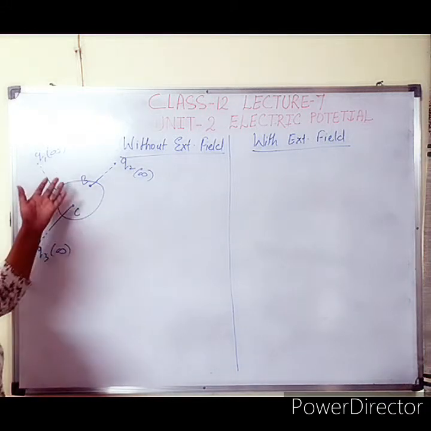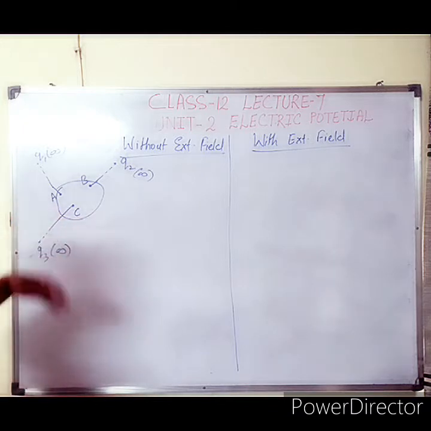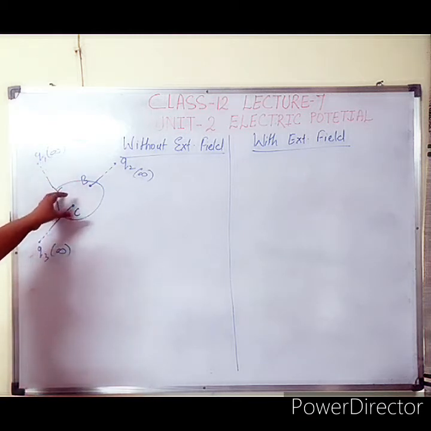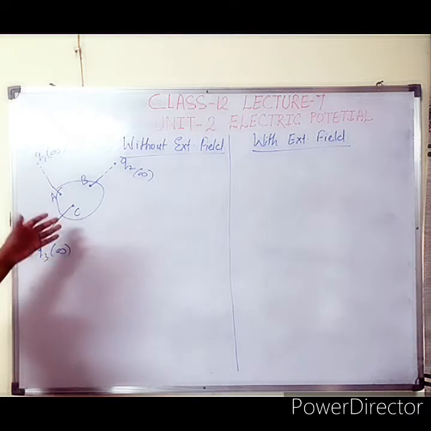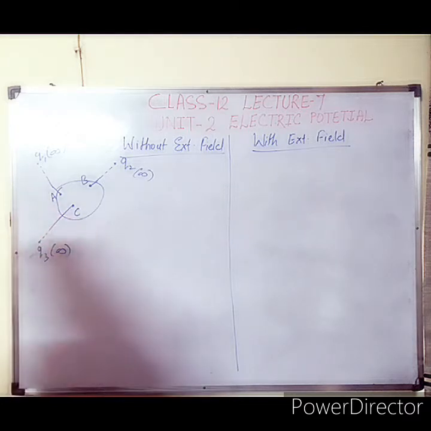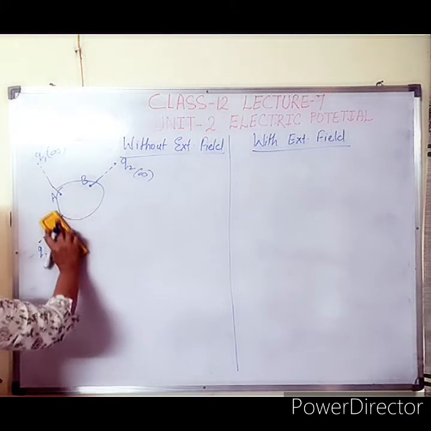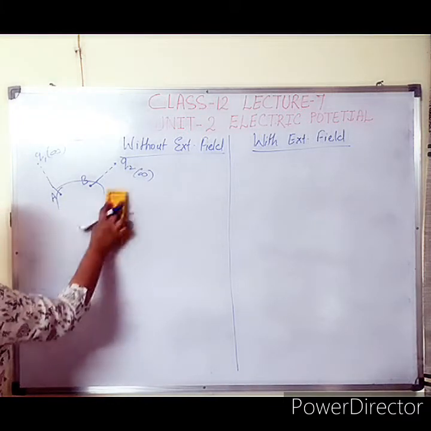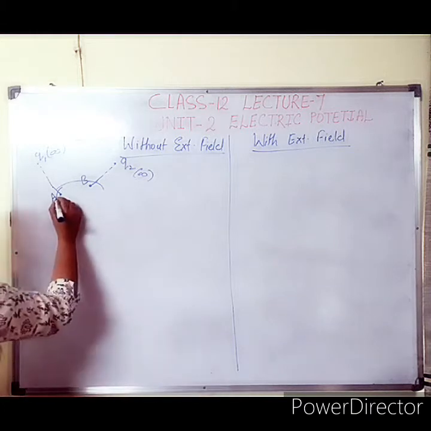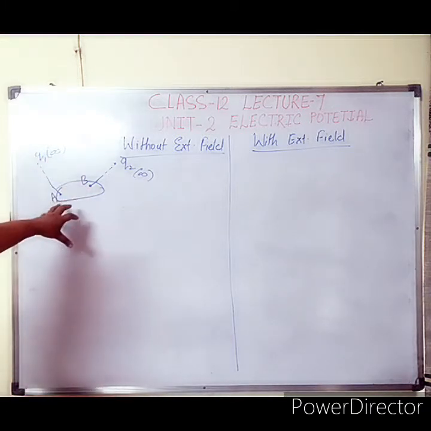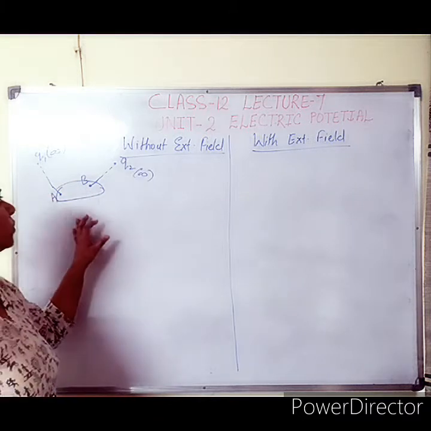We can take initially a 2 charge system, 3 charge system, 4 charge system, N charge system, and so on. So here I have taken the 3 charge system. You can take more cases. So initially take the 2 charge system. Now I want to rub this third charge out here. This was only the 2 charge system. From infinity they are coming closer to each other and forming a system of charge.